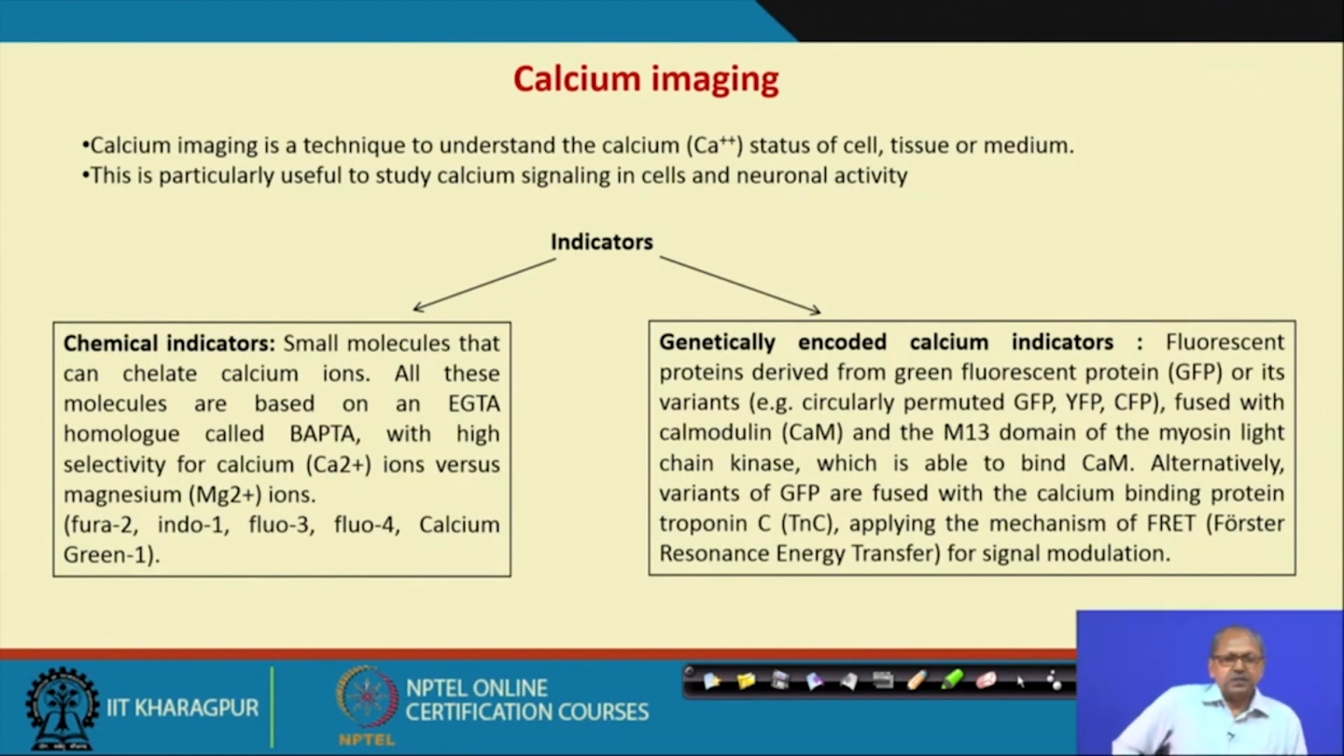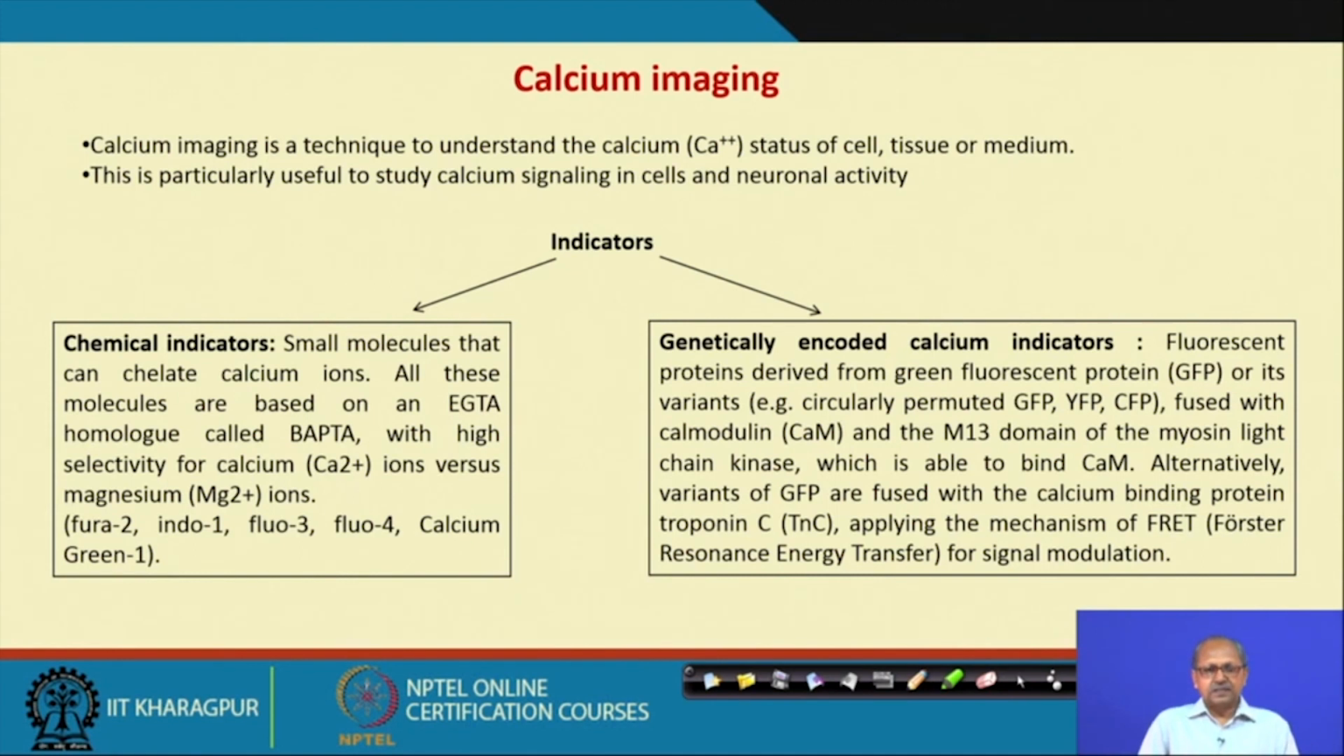Calcium, a divalent ion, is very important in living systems, and calcium imaging is a technique to understand the calcium status of cells, tissues or media. At the same time, in cellular signaling, calcium flickers or calcium generation is the first event, and in neuronal activity calcium is highly involved. So, to image calcium means to